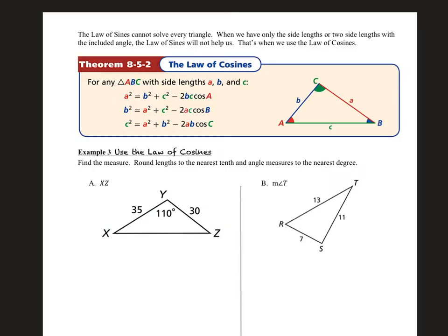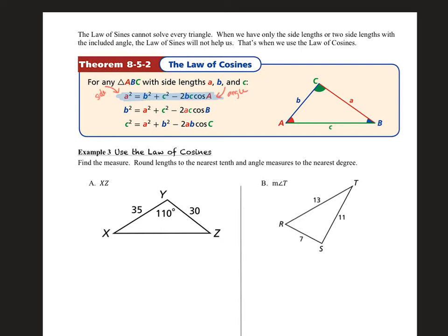So the law of cosines formulas are a little bit longer, so people get overwhelmed right away, and they write out 3. You really don't need all 3 of these. You just need to know that the A will always be your side. And this is your angle, the capital A, that we're focused on. So if we're missing